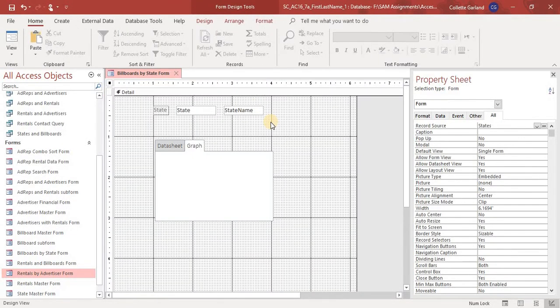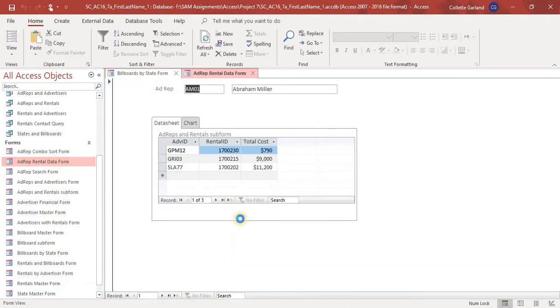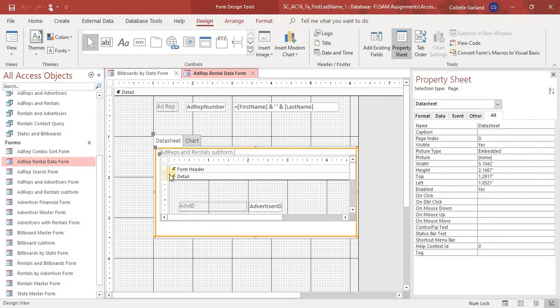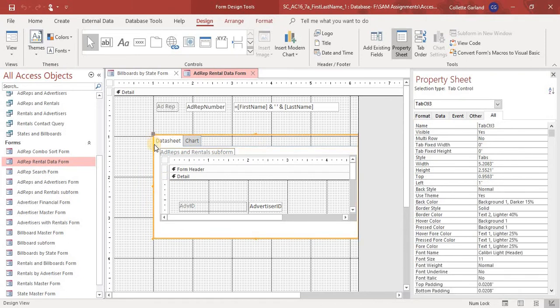Open the AdRep rental data form in design view. Resize the subform to the approximate size shown on figure 9 on the following page. So that's the outside. There we go. So we want to change